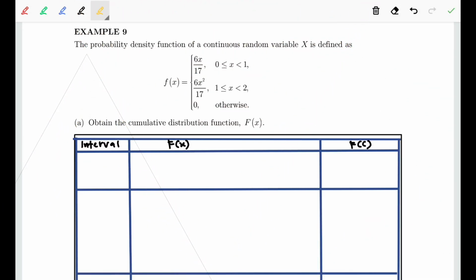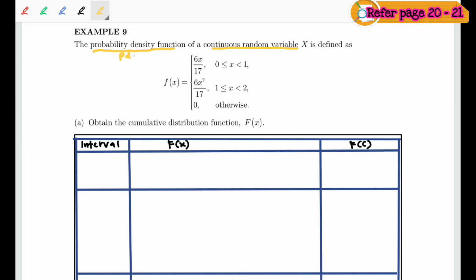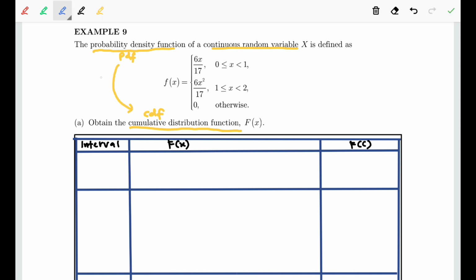Example 9. The probability density function of a continuous random variable x is defined as follows. So you are given the PDF. For part A, obtain the cumulative distribution function. So you need to find the CDF from the PDF. From the PDF to the CDF, you need to integrate every single function that is listed here in order to find the CDF, which is the